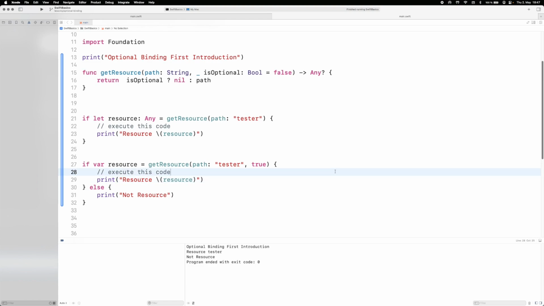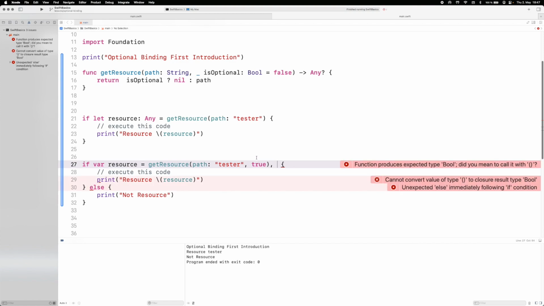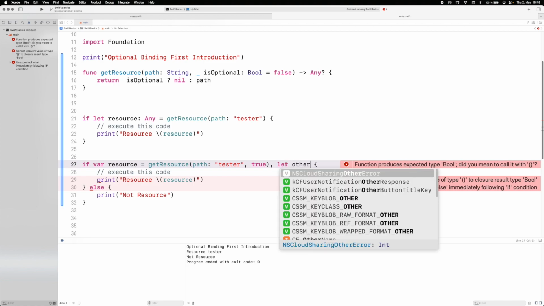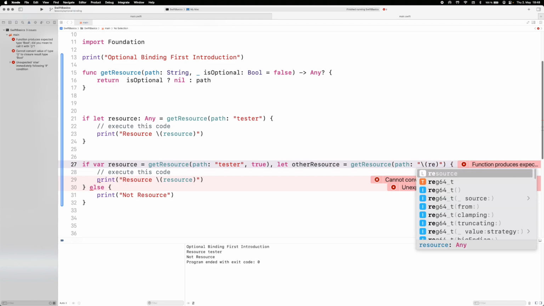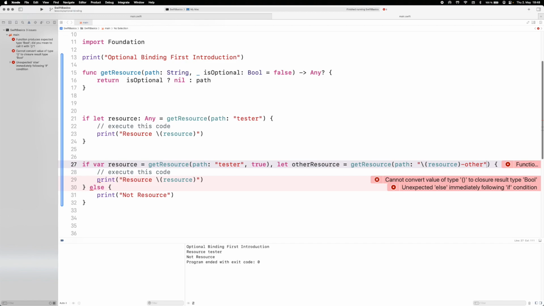What you can do. Now there are other additional steps that you can take to do this. And you can also chain this down. So if we had another resource too, and for example we just then said if other resource is equal to get resource, and then we said let's just do some string interpolation here, and then we say resource and other,